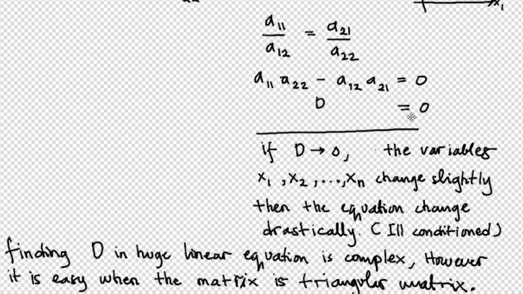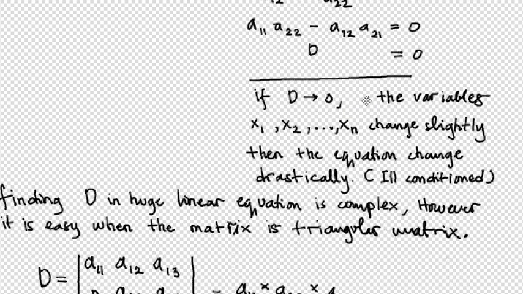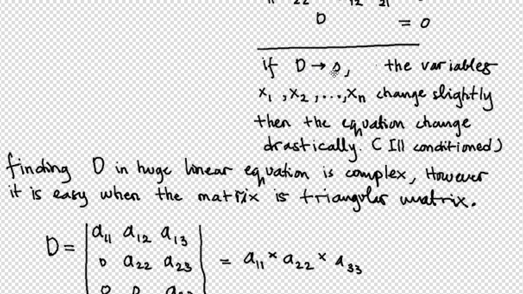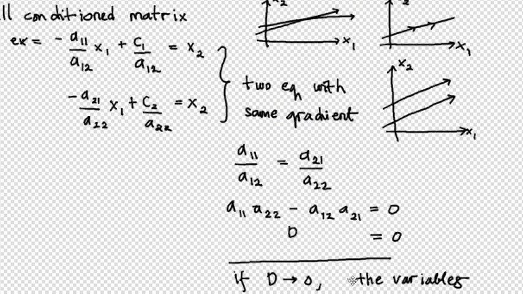So this is the reason why determinant equal to 0 makes your matrix ill condition. But actually you can measure the condition of your matrix, is it ill or not, by also using condition number. But we will not discuss that here, we just discuss the determinant only. So if the determinant is near to 0, it means that this is the condition,